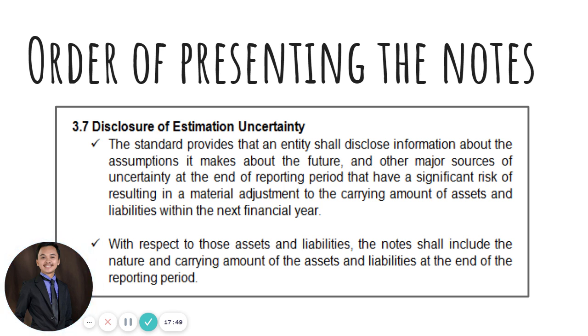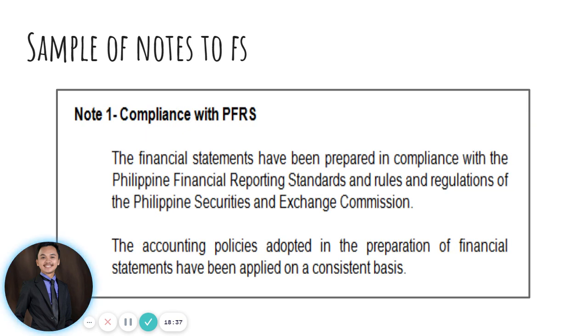So, of course, in the order, we have number one, your statement of compliance with PFRS. Number two, summary of significant accounting policies. And number three, don't forget the supporting information or computation for line items presented in the financial statements. And lastly, your other disclosures. Other disclosures include your contingent liabilities, unrecognized contractual commitments, and non-financial disclosures. So these four are really the important items to be reported in your notes to financial statements. Okay? So it is important that we should be aware of what are the items to be reported in our notes